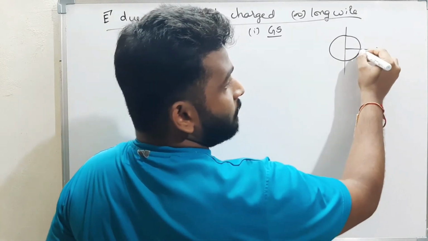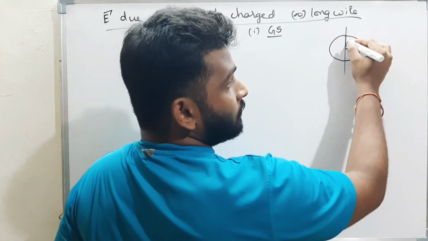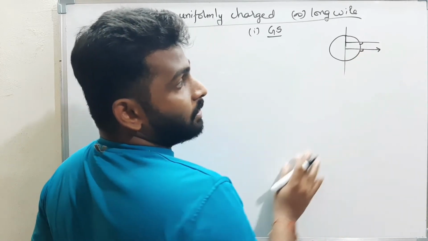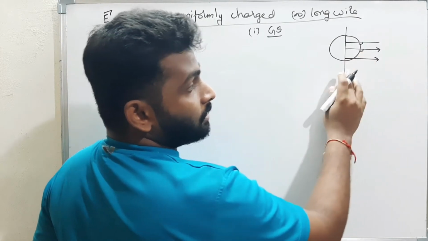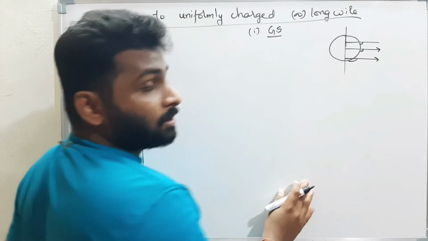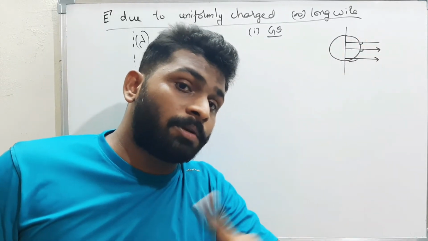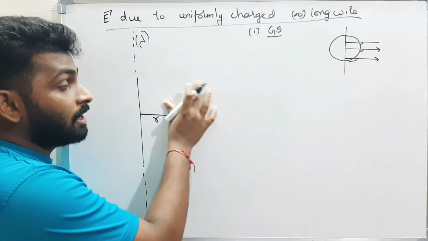Now see here. Here the electric field is perpendicular to the surface. Well and good. But here, if this is a wire, here the electric field is perpendicular. Here the electric field is not perpendicular. It will be making some angle. Will you guys accept that? That means if I take a spherical body, the electric field lines won't always be perpendicular. Therefore, I am assuming a cylindrical body.